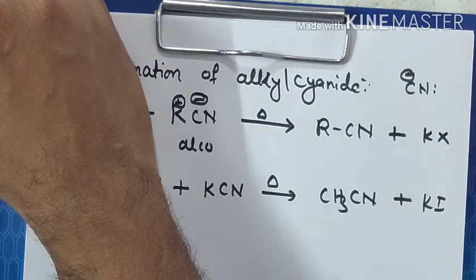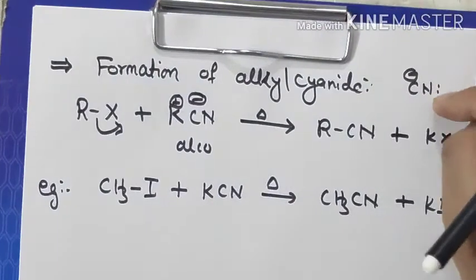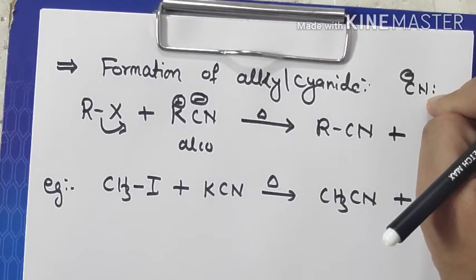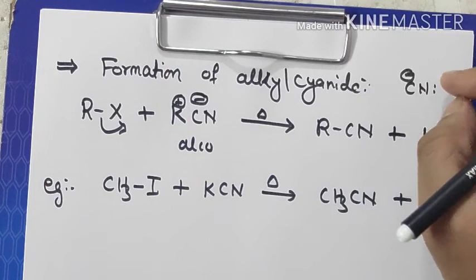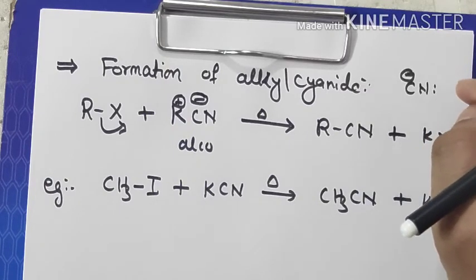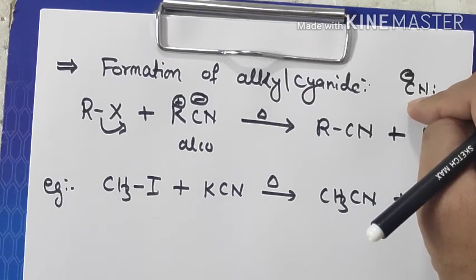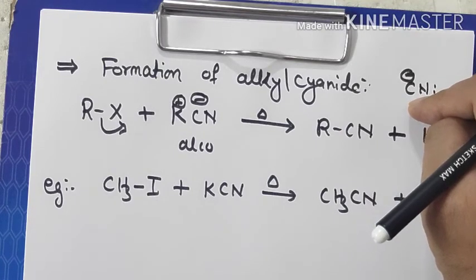Now the question is, why carbon attacks and not the nitrogen? See, nitrogen is electronegative. Being electronegative in nature, it has a tendency to keep its electron to itself. That electron is going to stabilize it. But this carbon, we know carbon is not that much electronegative. Since it is not that much electronegative, to hold that electron to itself is a big difficult task for it. That's the reason this carbon wants to get devoid of this electron, and that's the reason it is going to